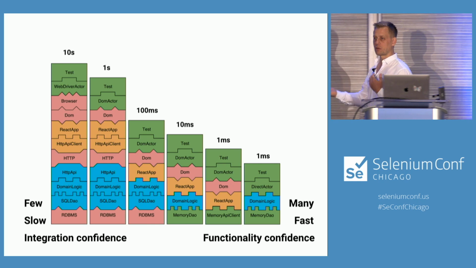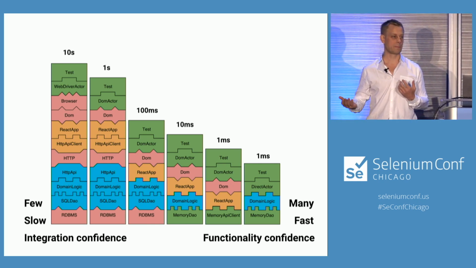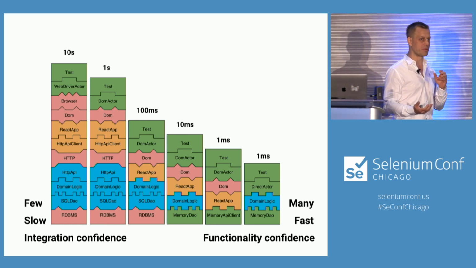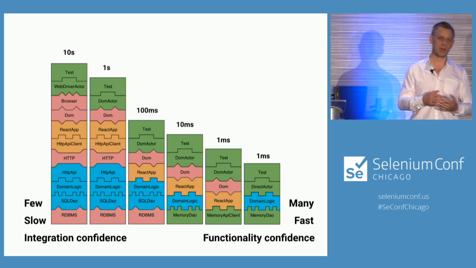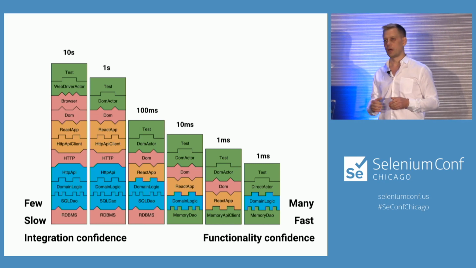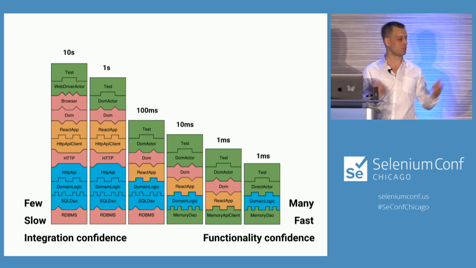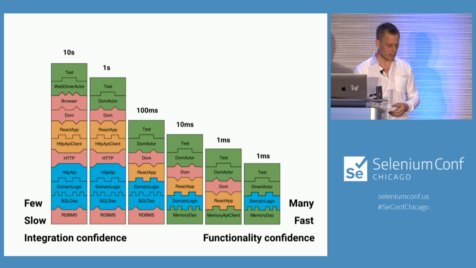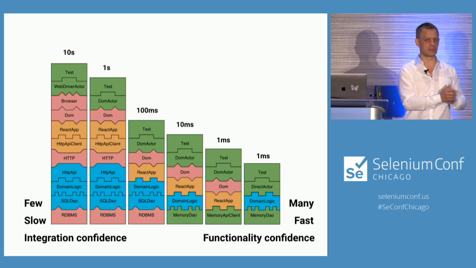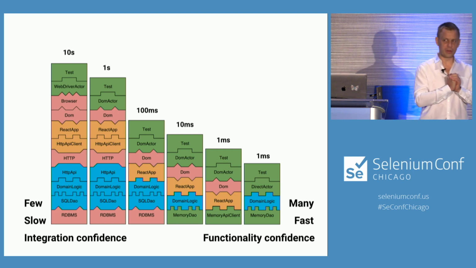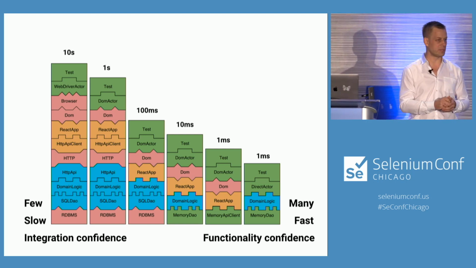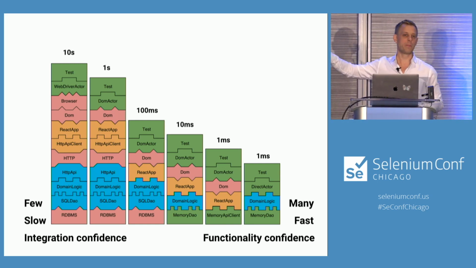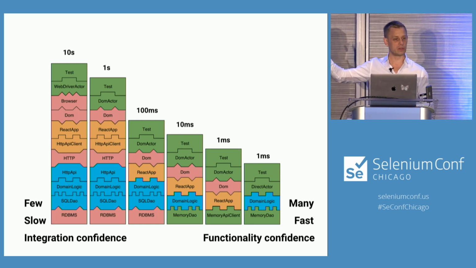It's a different kind of confidence. So you can get this kind of confidence from different kinds of tests. Integration is another thing. Did we wire everything up correctly? Did we set all of the ports and paths and keys and whatnot? That's a third kind of confidence, right? So I think we need to stop trying to get all of these kinds of confidence from the same tests, the ones on the left. The ones on the left will give you all of these things, but it comes at a very, very high cost.